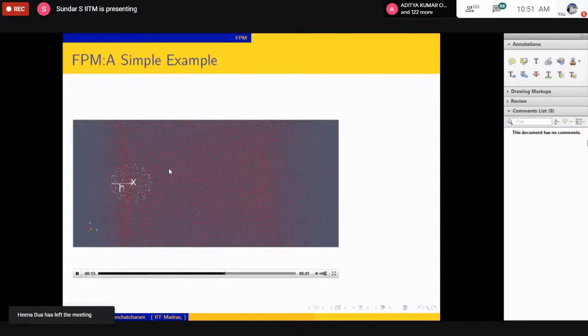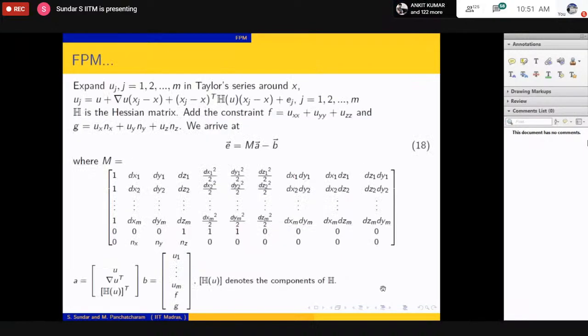So how I am demonstrating: for every particle, I need to evaluate, suppose I have a function u, the first derivative, second derivative, and so on. So expand u. Don't take this as a velocity; my velocity is v. This is just for demonstration purposes. How am I solving the Poisson problem, Laplacian u equal to f with del u by del n equal to g? If I have such a Neumann boundary condition with this problem, how am I solving it through the finite point set